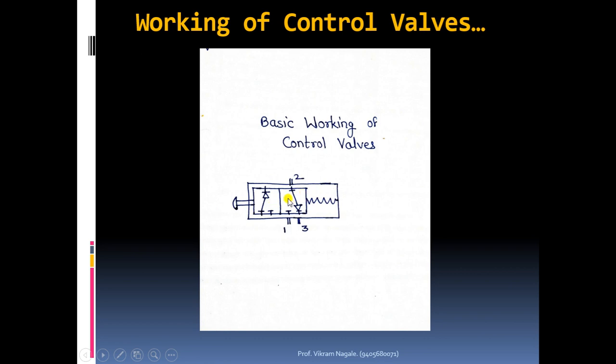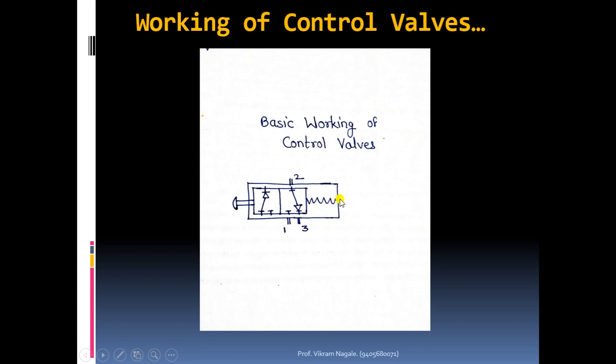Whenever we release that compressed air, due to spring pressure, the valve will come back to the initial position. Whenever we are dealing with a double sided air operated 3 by 2 valve, there will be compressed air at this point as well as this point. Whenever we want to activate the left side block, we have to apply pressure on this side. After applying this pressure, the block slides to the right side.